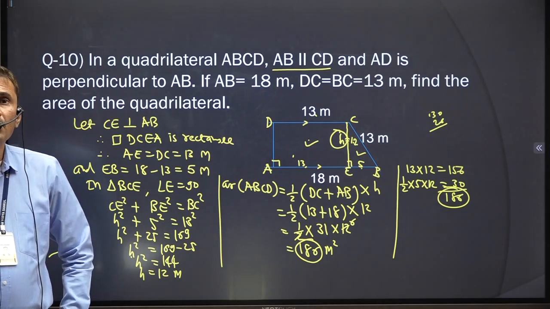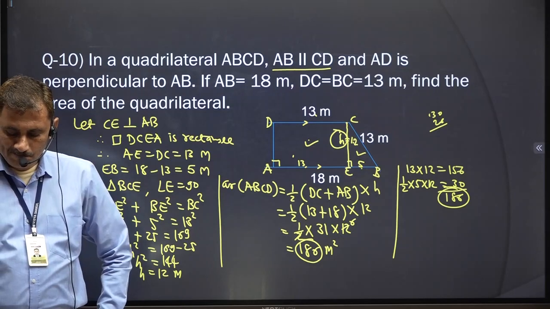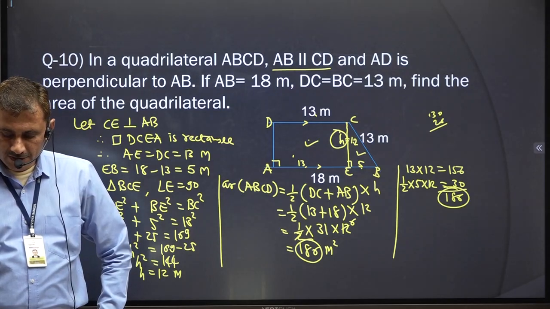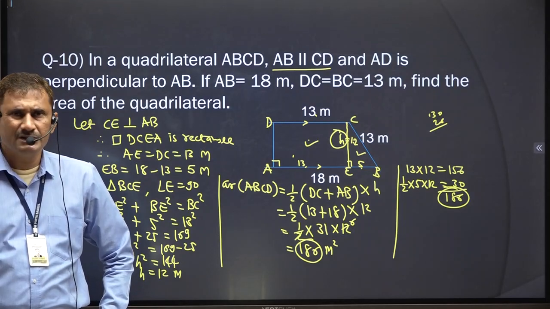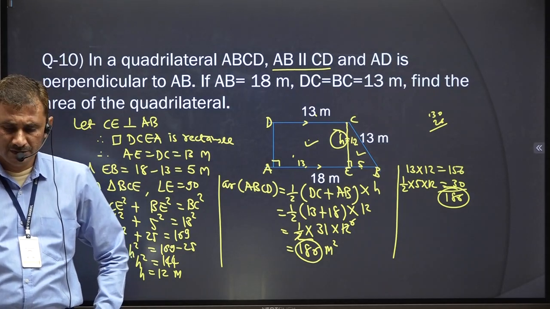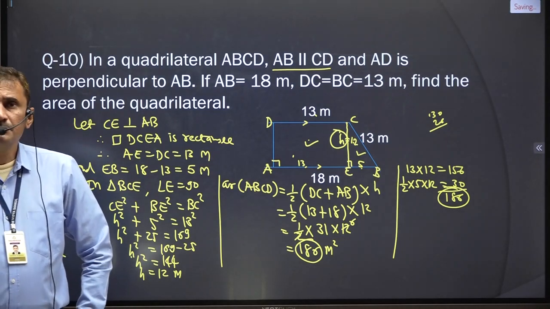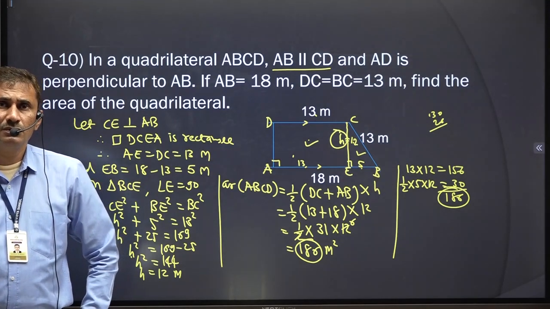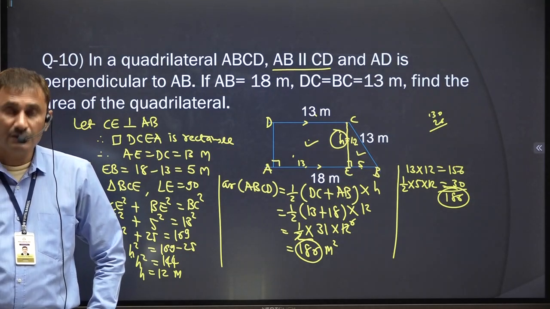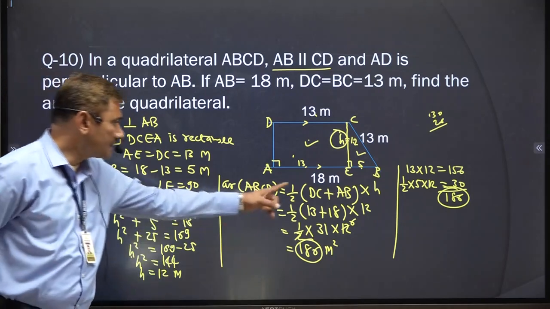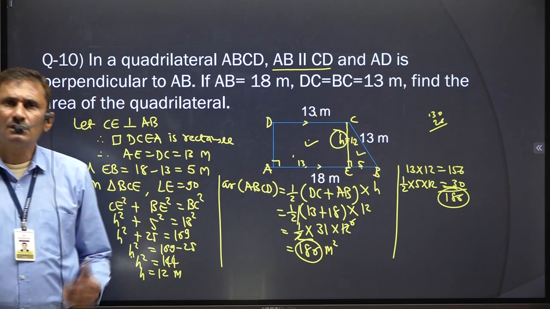Number 11 in homework. Both parallel sides are given, the distance is also given, meaning the altitude is given. So the area of the trapezium is very simple, a primary type of sum, just like main question number 2. Very similar to that one, because both parallel sides are given, the height is also given, nothing to do, directly start that way. So that will be your solution of the question.